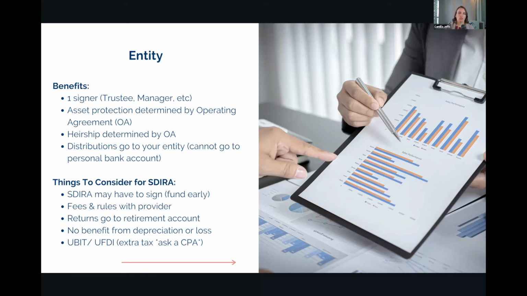So if you are going to invest with a self-directed IRA, make sure you get on top of that, because typically you only have about 3 weeks to fund the deal. And so we want to make sure that you get into the deal and you don't miss that deadline.